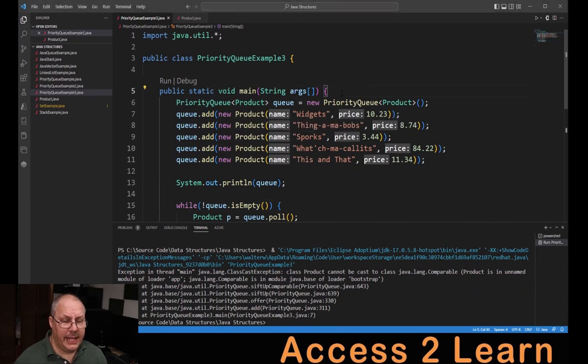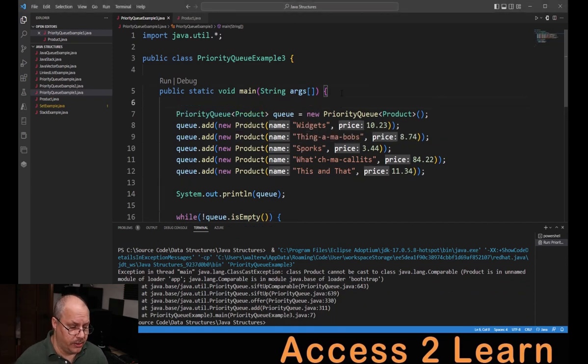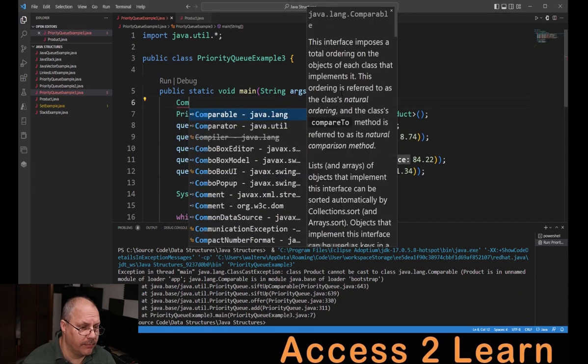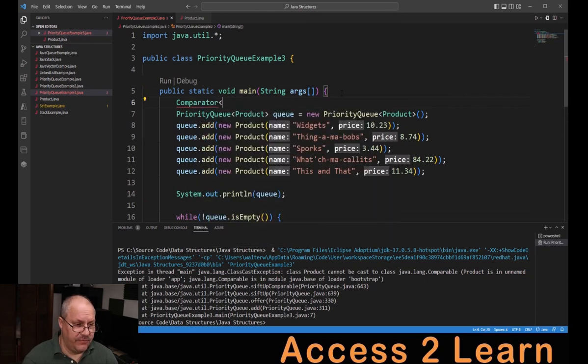Well, I'm going to create a new object called Comparator, and it's going to be for type Product. And we'll just call it comparator. That was kind of suggested to us. We can do it this way. We're going to say equals